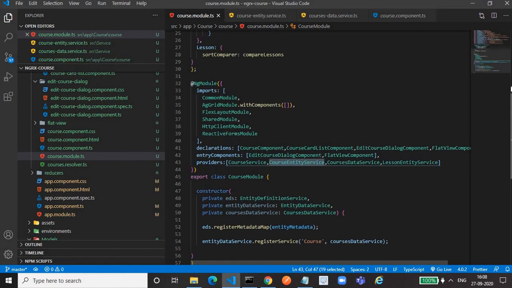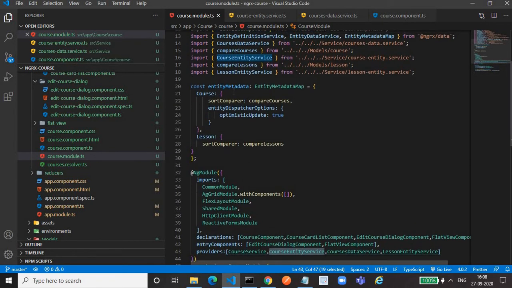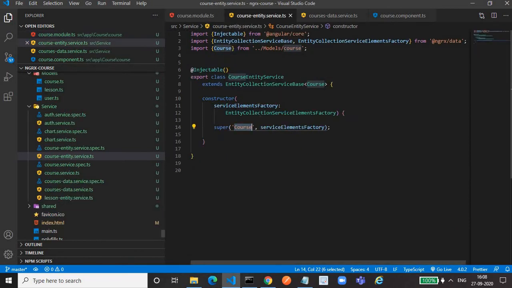There we have mentioned course. If it is XYZ there, then we have to use XYZ here. Then in the super we have to provide the course argument as well as the service entity factory instance that we have created. So it takes 2 arguments.